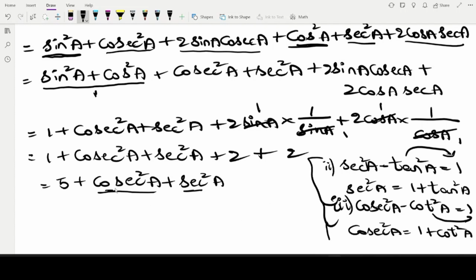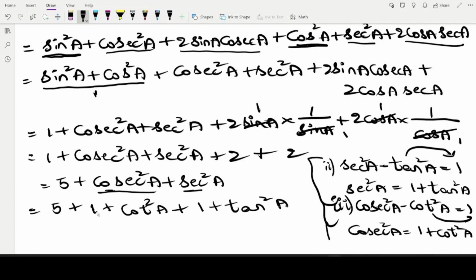So we are changing it intentionally because in the RHS part, he has asked us to show it in terms of tan square a and cot square a. That is the reason why we are changing the cosecant and the secant using the identities, and we are changing them into tan and cot. So now we can write them as 5 plus, what is cosecant square a? 1 plus cot square a, plus, what is secant square a? 1